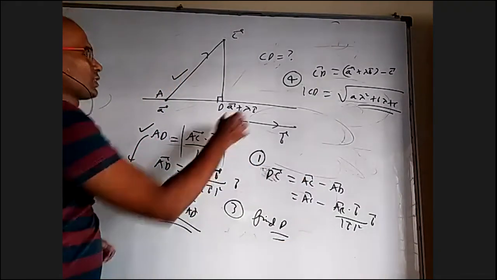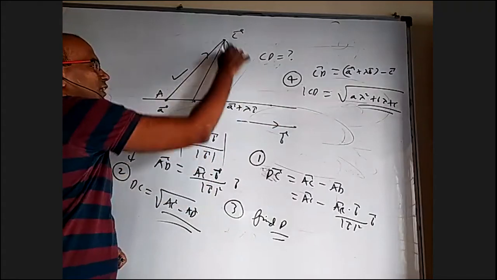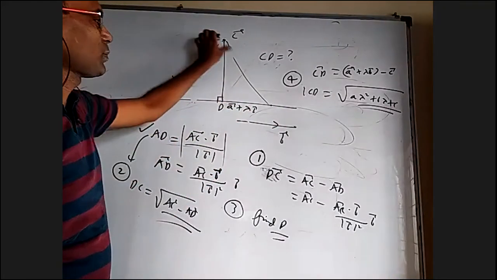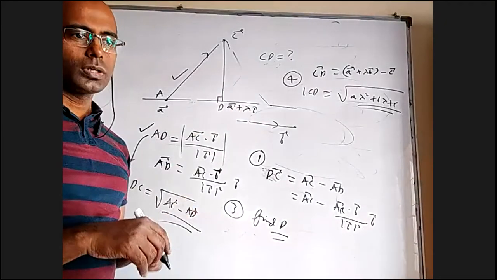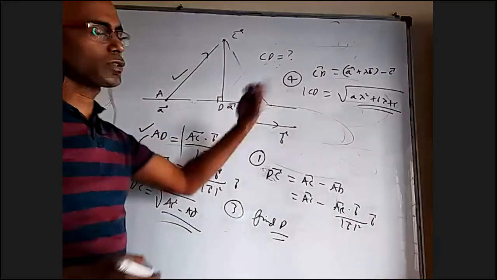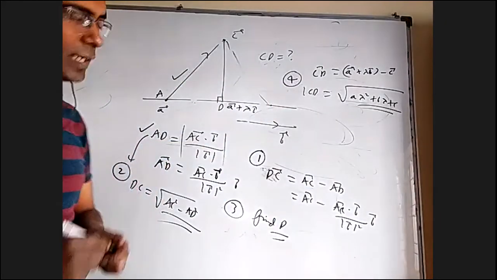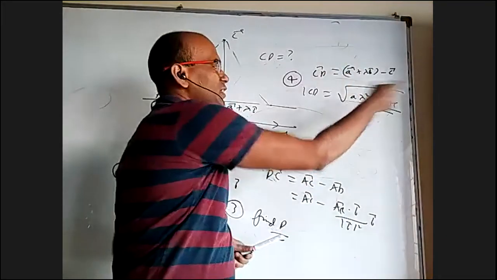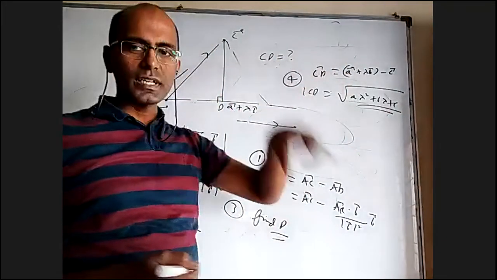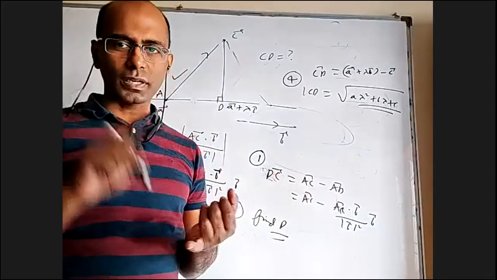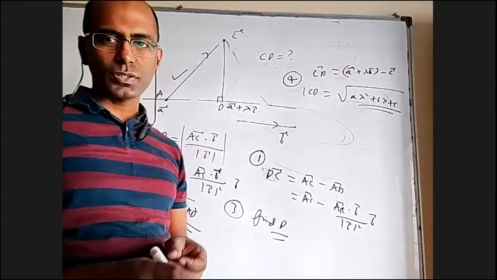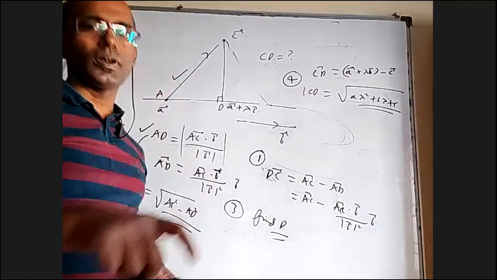Because D can be here, D can be here, then CD will be quite large. So I'm trying to find the minimum value of CD. So this is a method for finding the foot, and also for finding the CD length simultaneously. I'm not saying it is easy because a lot of perfect squares will come. The I coefficient is in terms of lambda, the J coefficient in terms of lambda, the K coefficient in terms of lambda. Square all of them, expand, get a quadratic equation, and then find the minimum value and for what lambda it happens.